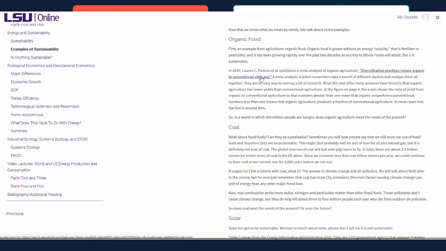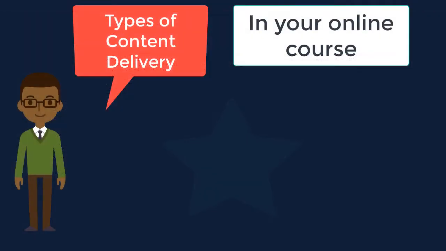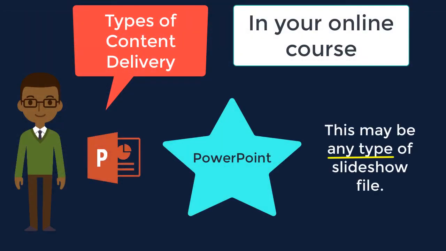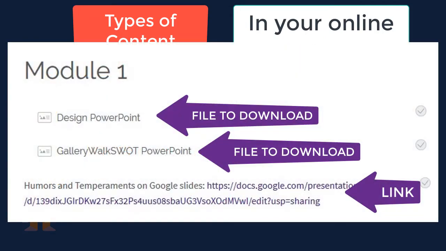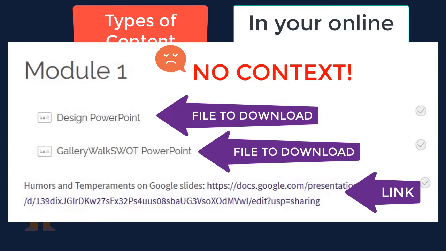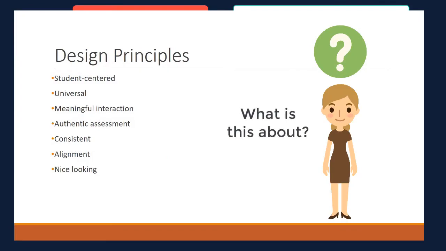To adhere to accessibility standards and copyright laws, hyperlink to any content that you did not create yourself, including websites and scholarly articles. You may deliver your lecture material in a PowerPoint presentation in your face-to-face course. In an online course, uploading a slideshow without your supporting context or explanation might leave students confused about how the content supports the course learning outcomes, especially if the slides only contain bullet points and a few images.